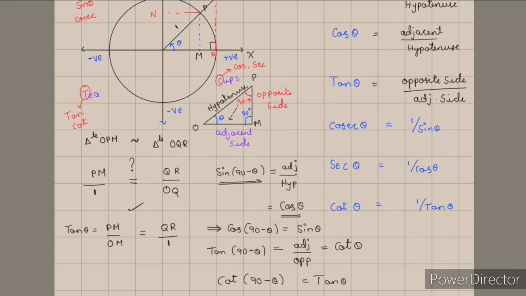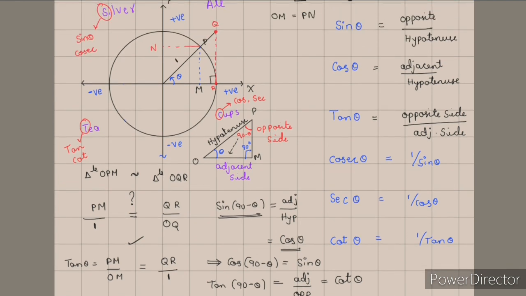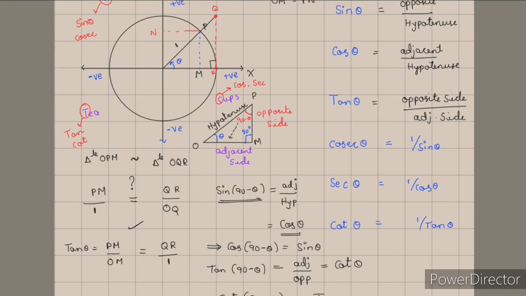Okay, we have seen how these 6 trigonometric ratios are defined, and we have seen how these plots look. We have considered a unit circle, and we have changed theta, and we have observed the lengths of PM and PN. We have seen how sin and cos vary, what is the period of sin, what is the period of cos, and we have seen the minimum and maximum values of sin and cos. And we have seen that sin 90 minus theta equals cos theta, because there is a shift in the plots of sin and cos, which is 90 degrees.